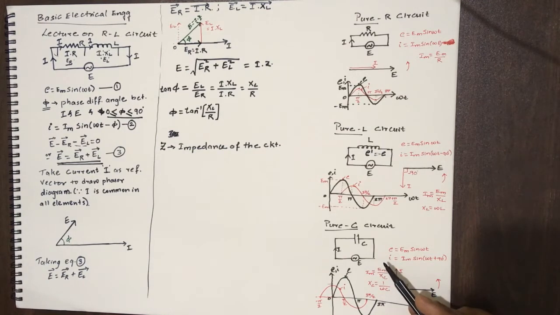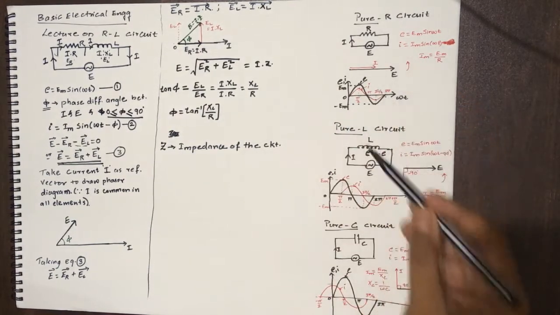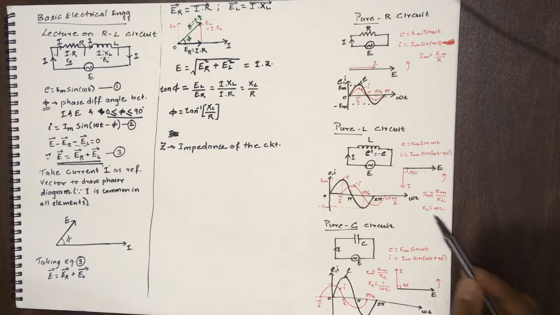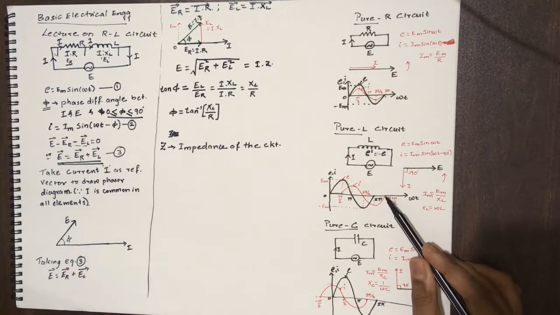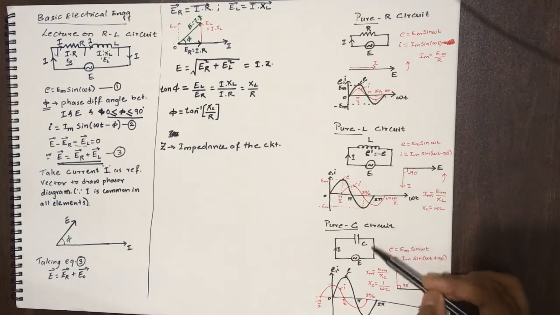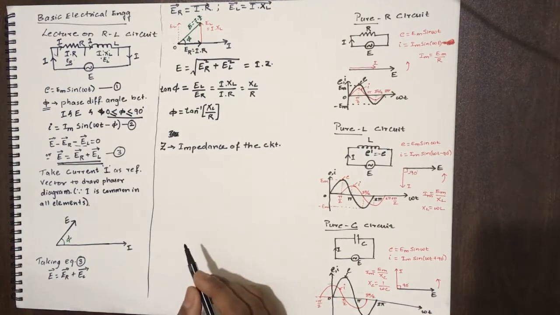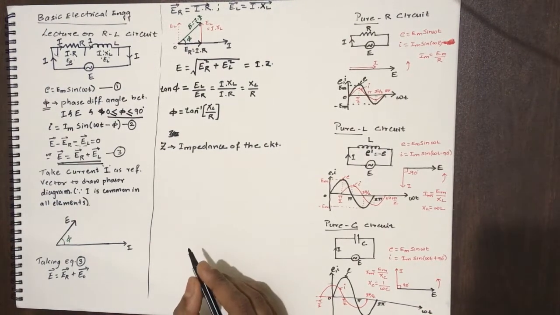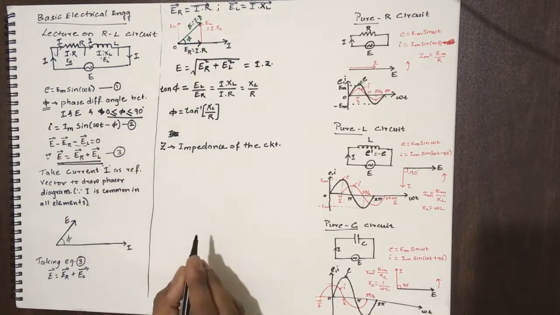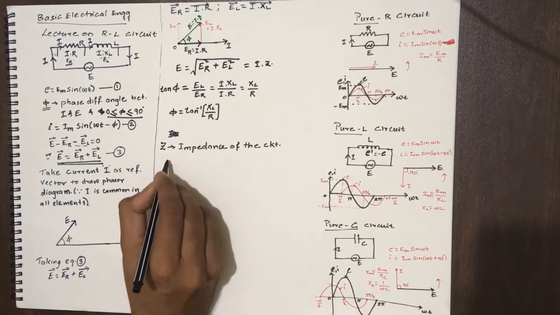But in the case of a practical RL circuit, because of the presence of resistance in the circuit, there may be power consumption by the circuit. What is the amount of power consumption, whether it is the same as the power consumed by the resistance, or the energy stored in the form of electromagnetic or static field in reactive circuits? So let us consider the instantaneous equations of voltage and current from equations 1 and 2. The instantaneous power is given by